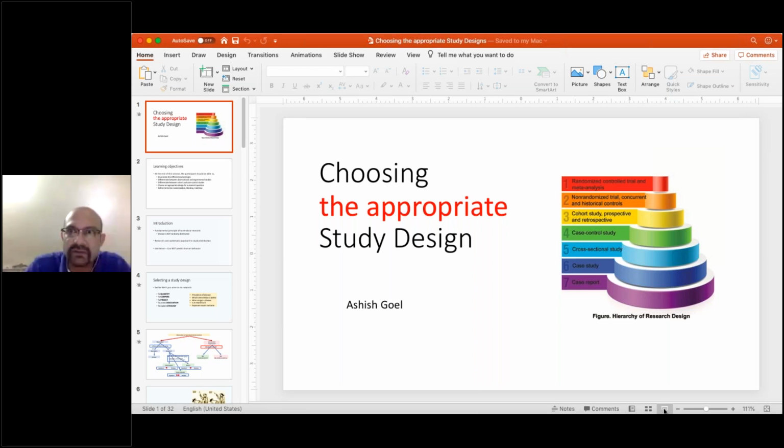You might want to study the association between A and B. Is A related to B? You would want to explore etiology. क्या इसके होने से वो होता है? Does this exposure cause an outcome to occur? So broadly, these are the different reasons why you might be wanting to do research, and let's proceed on from here.